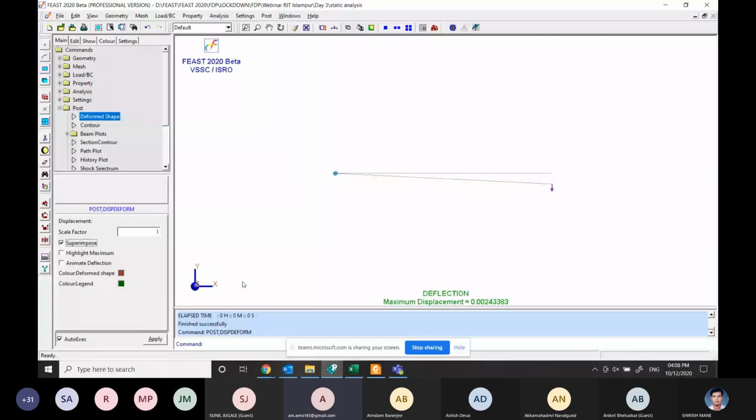That means when the cantilever beam is loaded with some value, or let us consider a robotic structure or manipulator is picking up a certain kind of load of 200 pounds, it will have a deflection of 0.0024 inches.